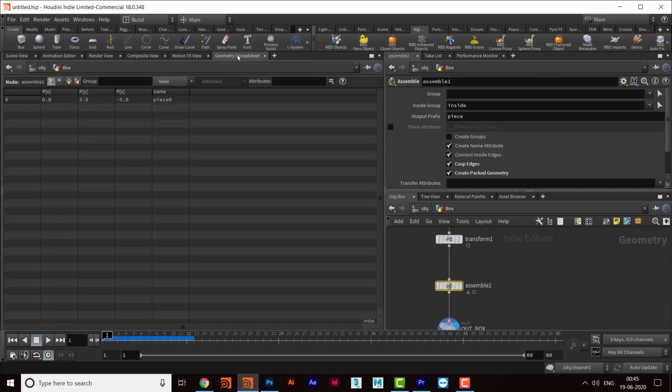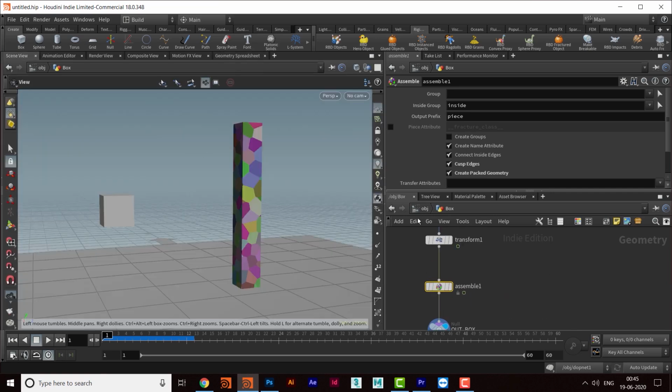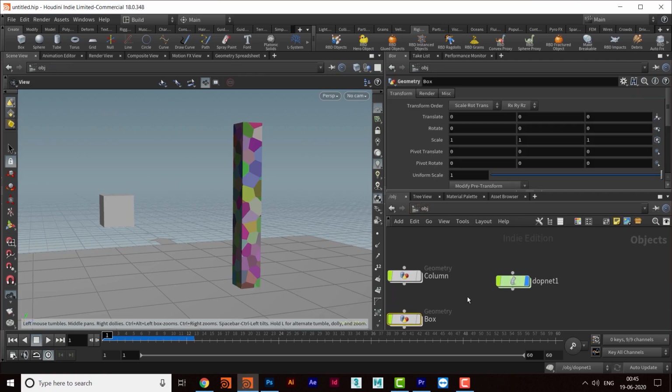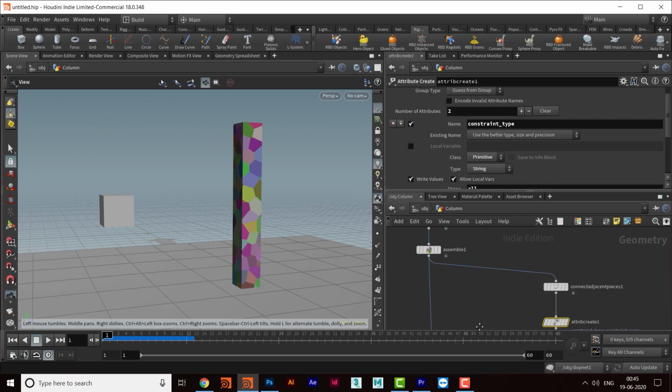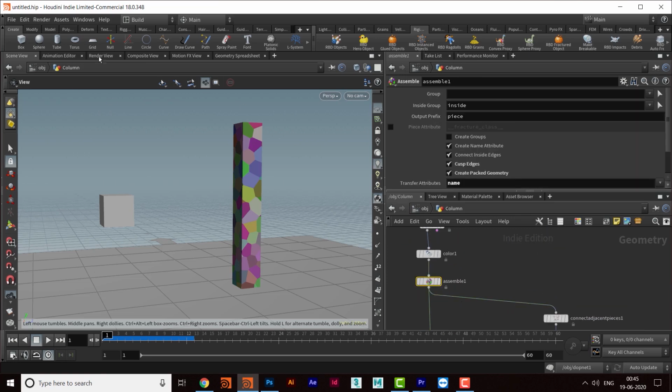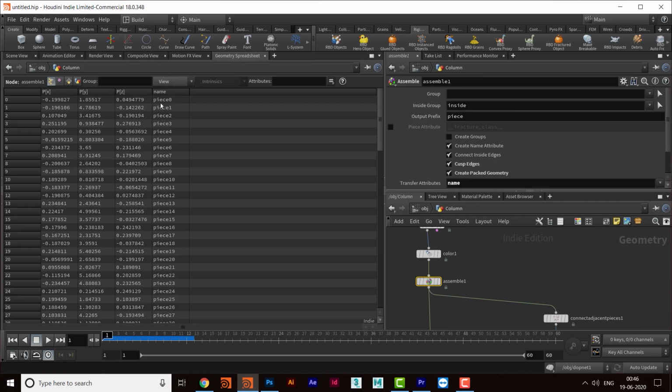So if I go to geometry spreadsheet, piece 0 is here. Okay, and on this one initial velocity is being applied. So now I'll go to this one, in the column. And when I go to this assemble, I come here, then piece 0 is also here.